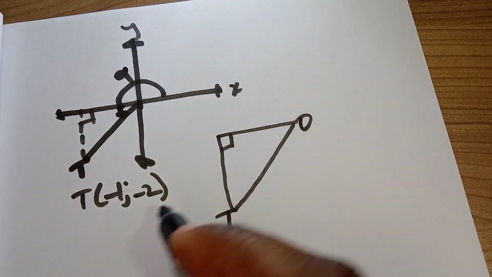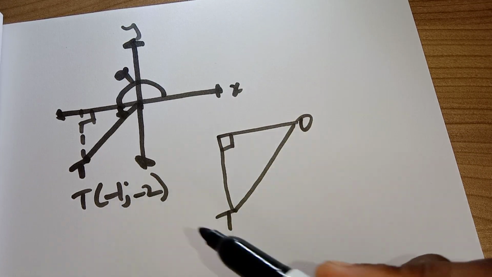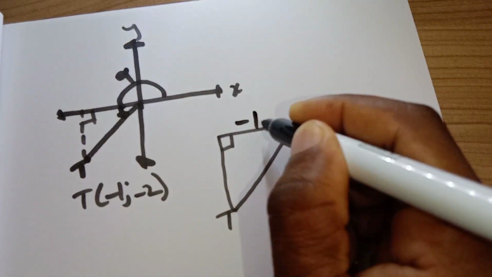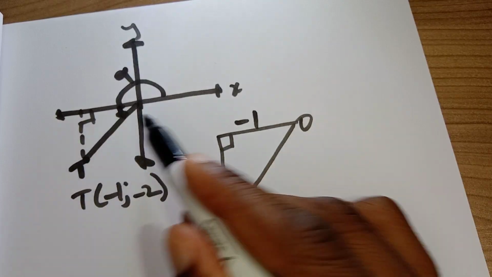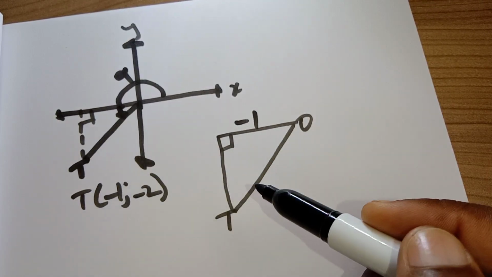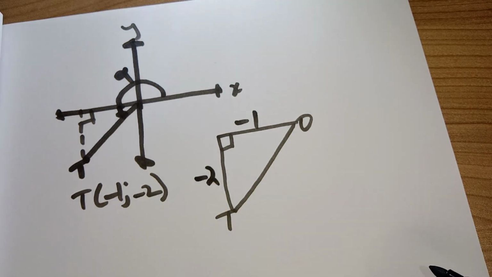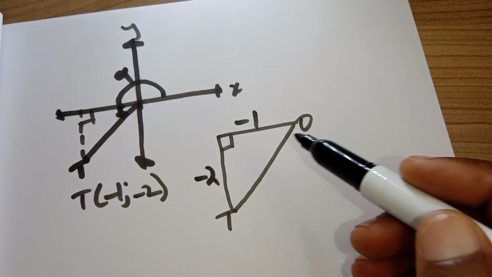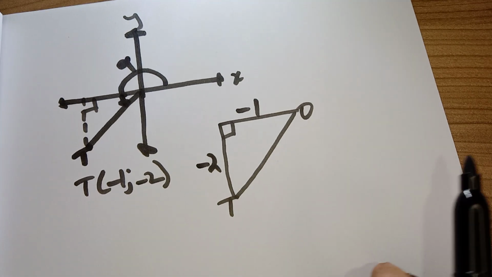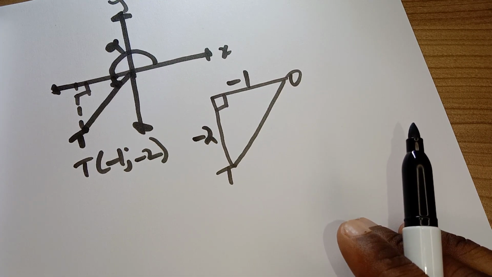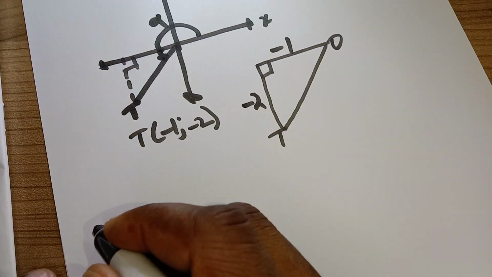Then the distance from here to there should be 1, okay? But in our case, we're going to put -1, okay? Because the -1 is going to take care of the quadrant, okay? Particularly the quadrant ray. Then the y should be -2, okay? Then obviously we are looking for the OT, okay? And we can get the OT using the theorem of Pythagoras, okay? Using the theorem of Pythagoras, we're going to have